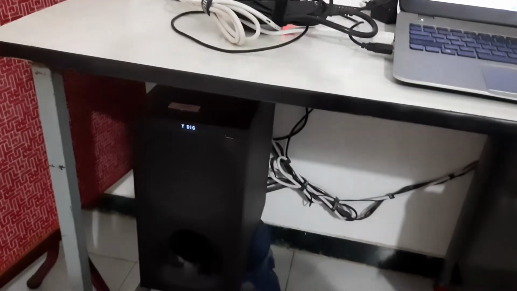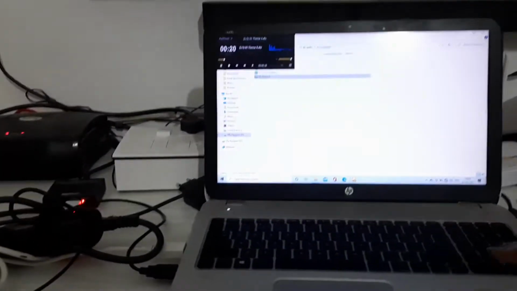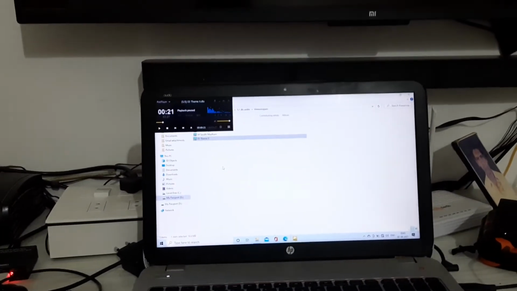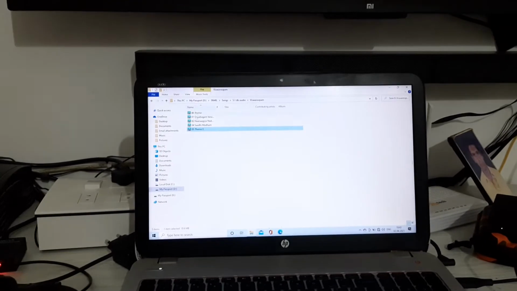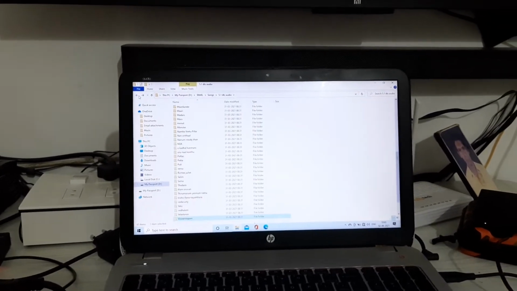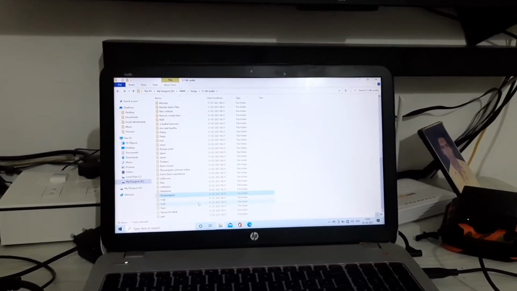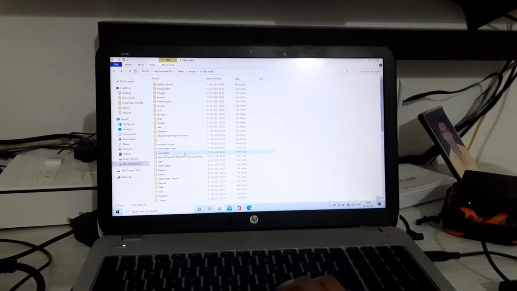DTS is converted into Dolby Digital. I showed everything, and I have to show one more thing.